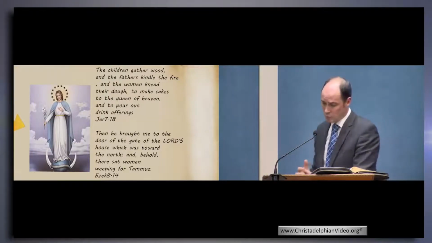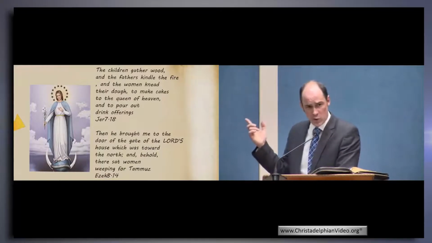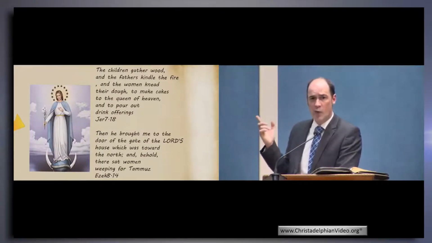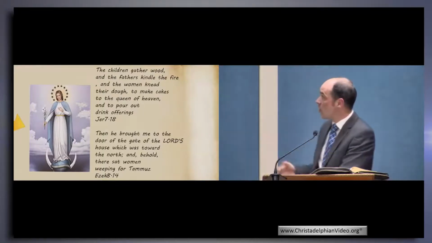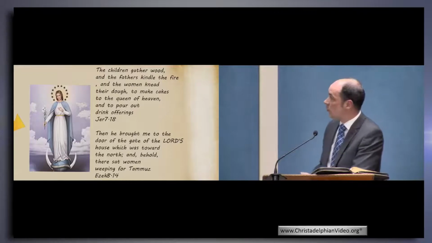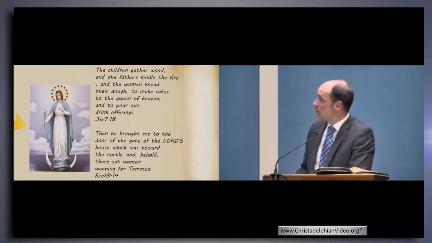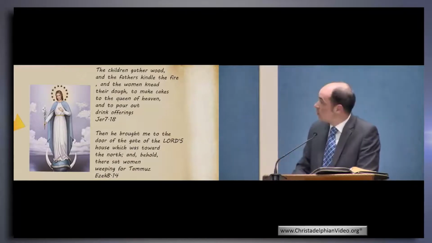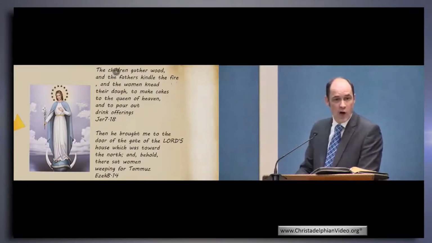You know, in the Bible, worship of her is distinctly condemned. You've got to realise this is why God punished his people in the first place. Jeremiah says, the children gather wood, the fathers kindle the fire, the women knead the dough, they make cakes to the queen of heaven, they pour out the drink offerings. So they do all of these things. By the way, you notice there's a fire that they had to do because it was a worship of fire.